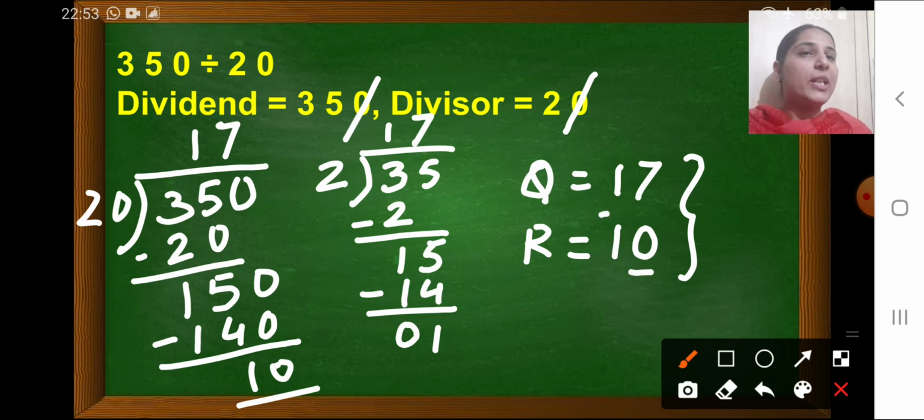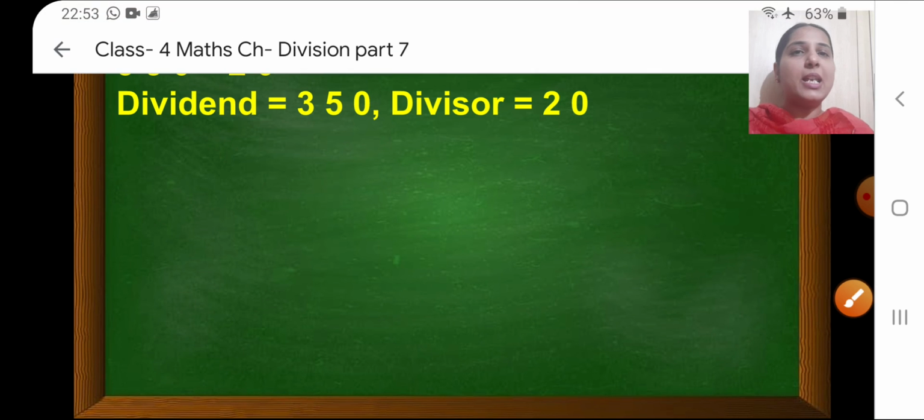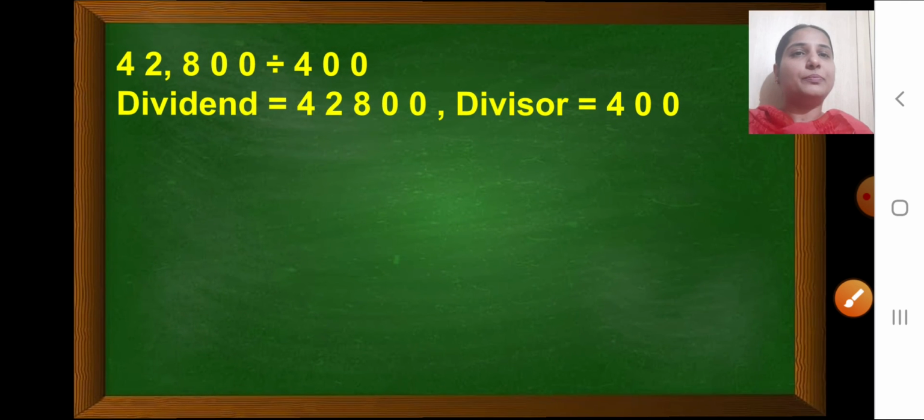We will not do anything to the quotient. Quotient will be as it is. Only while writing the remainder, if there is any remainder, we will add those cancelled zeros back to the remainder. Got it, children? Please keep this in note, remember that you have to add the common number of zeros again to the remainder. Okay. Now let's see the next example.